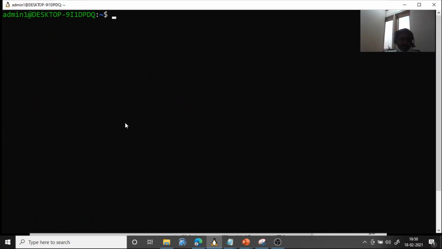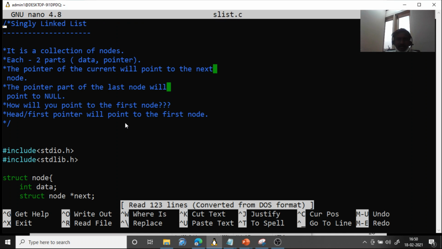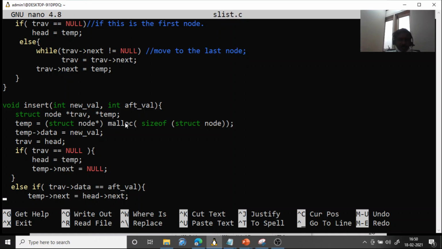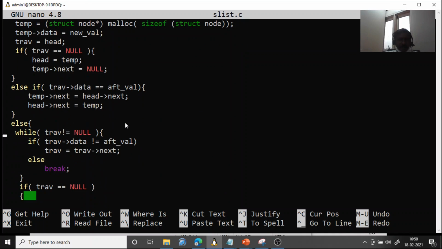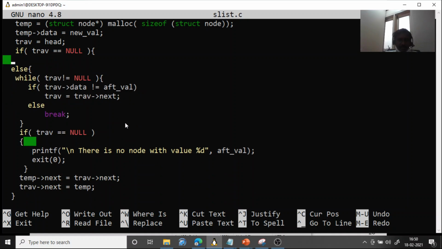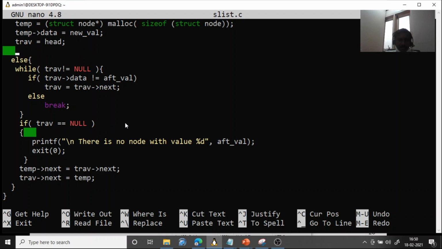Clear the screen. I have saved the file as nano slist.c. So this is the file, and you can see everything is the same. All these codes are there. I will delete this if and all these things, it is not required, because we can do that with just one case. Let us remove this, this else part is also not required. Yeah, one bracket will be reduced here, right?